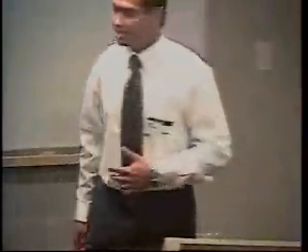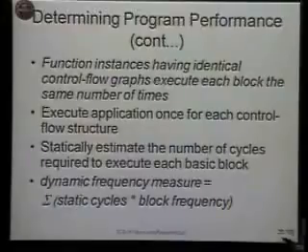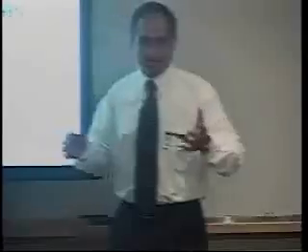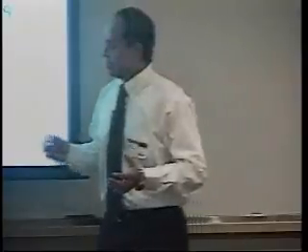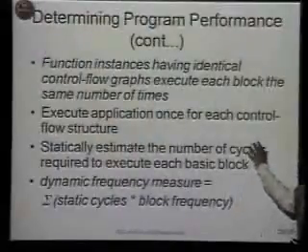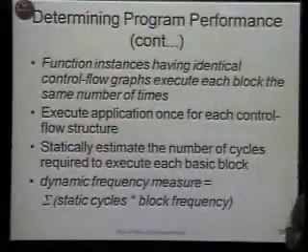So the algorithm basically proceeds as follows: we use the phase ordering to generate a new function instance, and then we check to see if the control flow of that function instance is similar to some other control flow which we had seen earlier. And if it is not, then we have to go ahead and execute the application for that control flow.